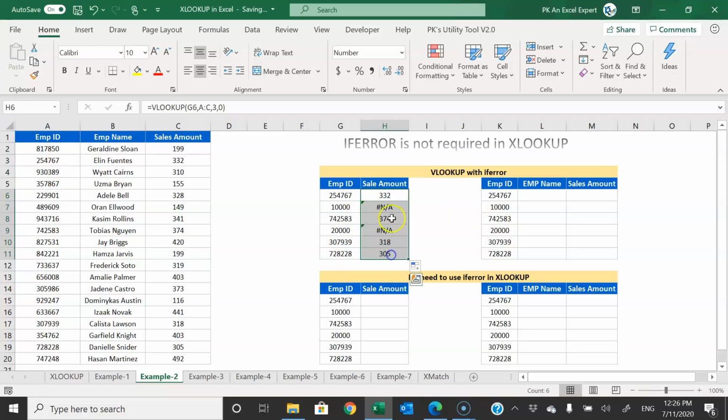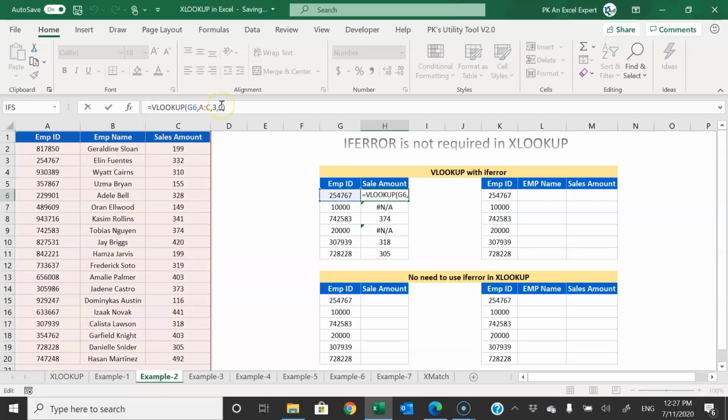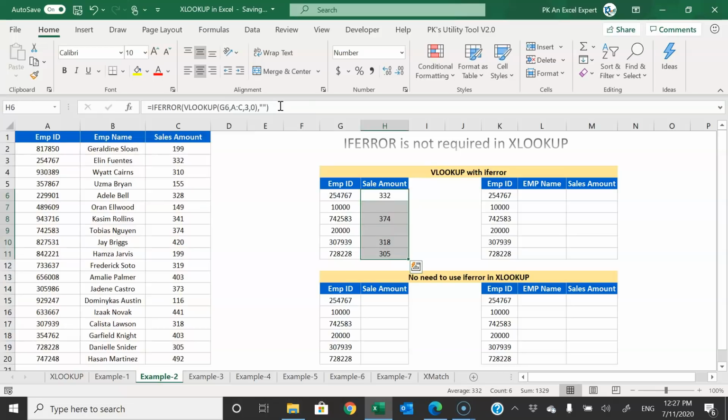And let's say we want to display blank in place of this #N/A error, then we can put IFERROR here, this one, then we can put blank. Just close this, fill this down. Okay, so wherever the employee ID is not available it will return blank, but in XLOOKUP you don't need to use this IFERROR function separately. I'll explain how you can use that.